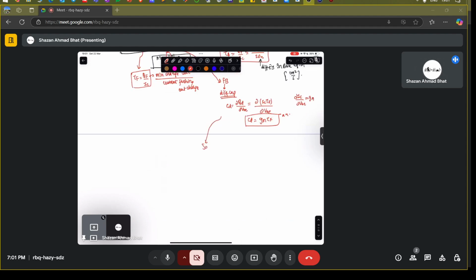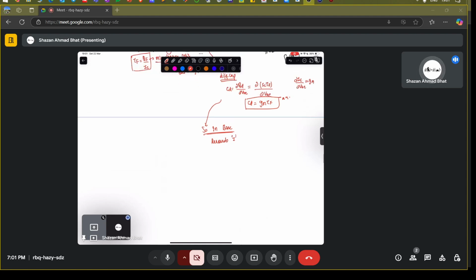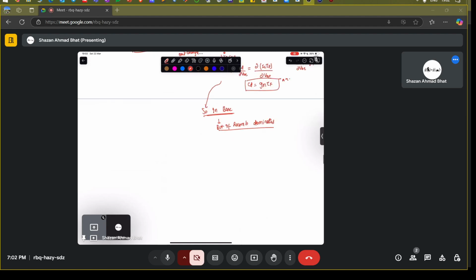What we want is for recombination to be minimum. But if recombination dominates, then the recombination current in the base will be approximately equivalent to QF divided by